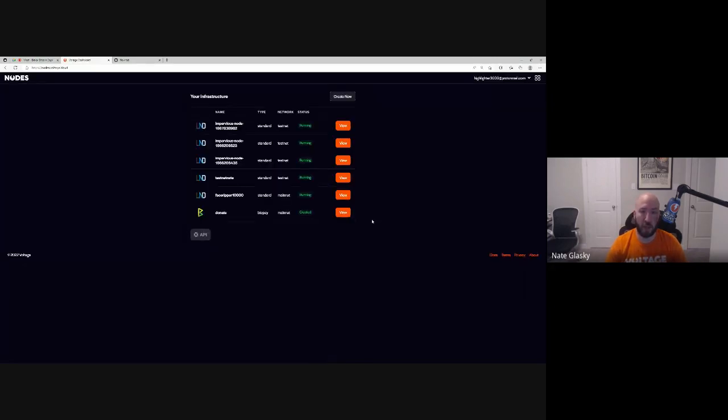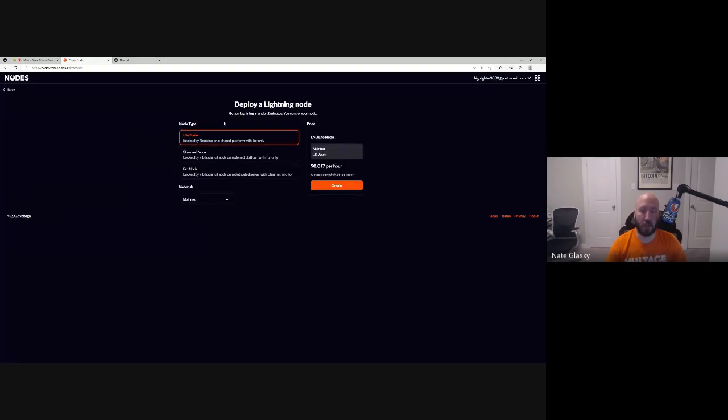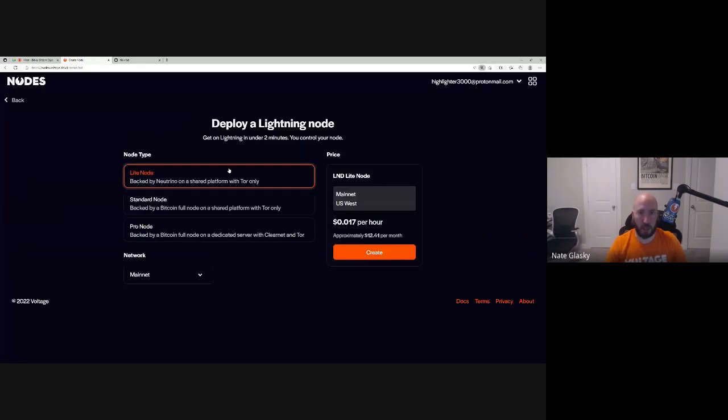But the cool thing is, for every new account, you get $10 of free credit. What that translates to is, when you deploy a new node here, I'll make this a little bigger, it's about $12.41 per month. So you get almost a full month of a node for the initial sign up, which is pretty cool.